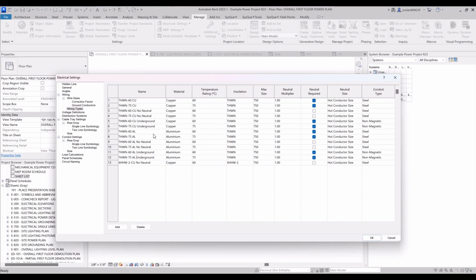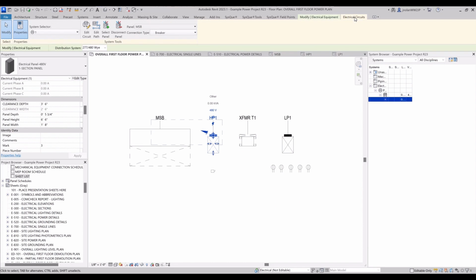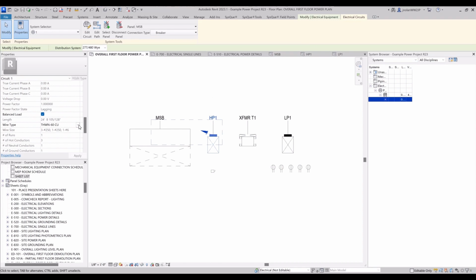So based on what kind of material you're using in your project, you got to be aware of the wire type that's going to be used on the circuit. I believe THWN 60 copper is the default value. So you have to go in and change each time if it's going to be something else. Anytime we're going to have a breaker at or over 100 amps, we need to use the 75-degree rated cable. That's a section out of NEC. I can't remember the exact one, but just remember 100 amps or greater on your breaker size, then you need to change the wire type to THWN 75. And to do that, if we come back to this panel, we come up to electrical circuits, this wire type right here. We'll change that to 75 and you'll see the wire size gets smaller